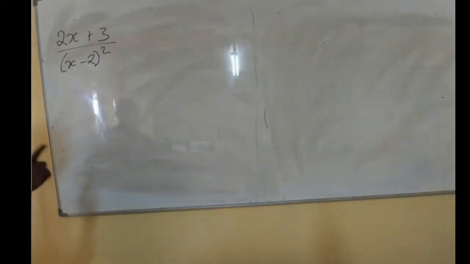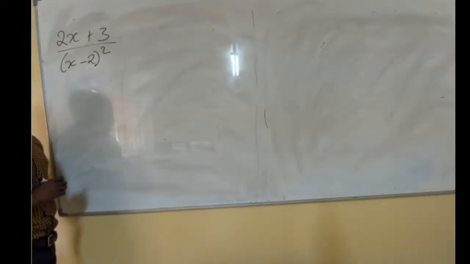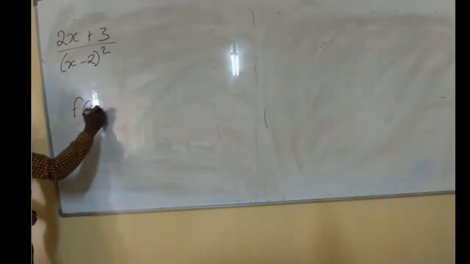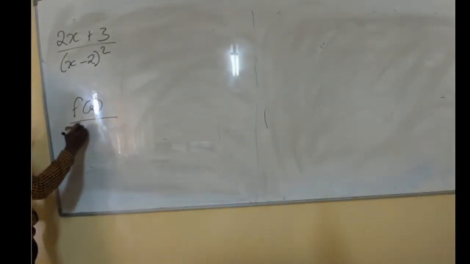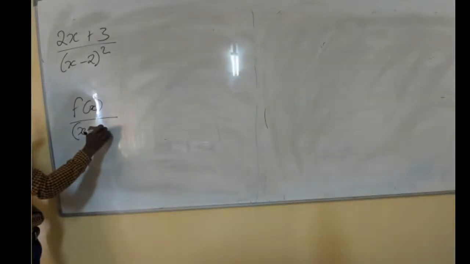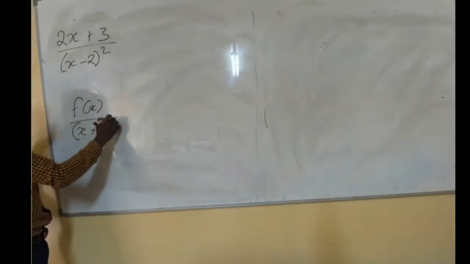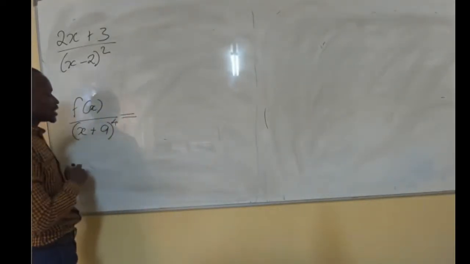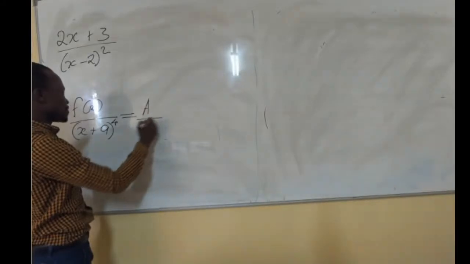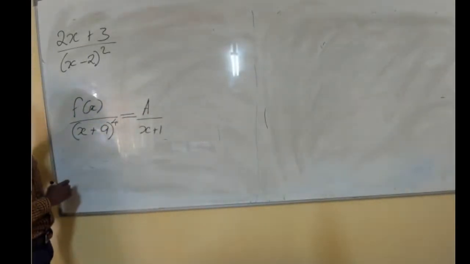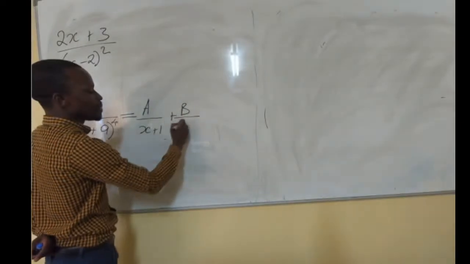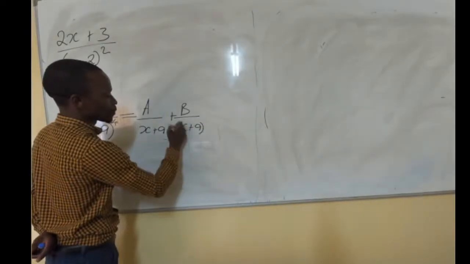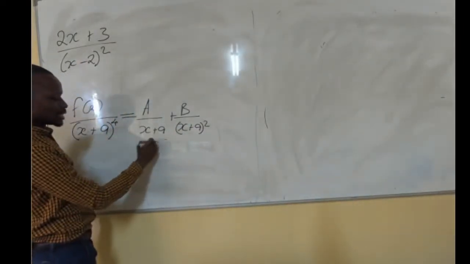Remember I mentioned that if you have a rational function with repeated roots, f of x divided by, for example, let me just give another one, x plus a to the power 4, then this in partial fraction form is equal to a divided by x plus a, then plus b divided by the square of x plus a,